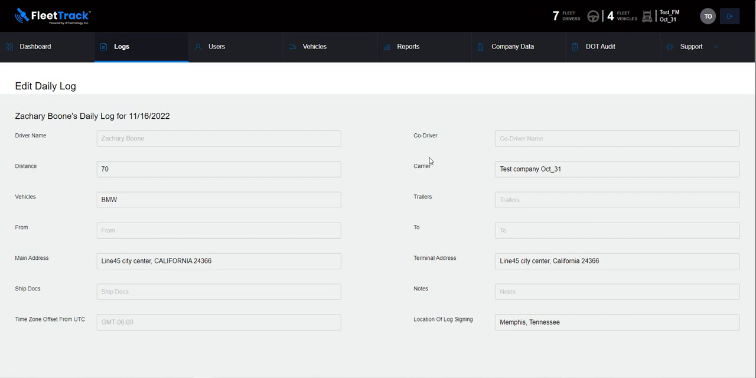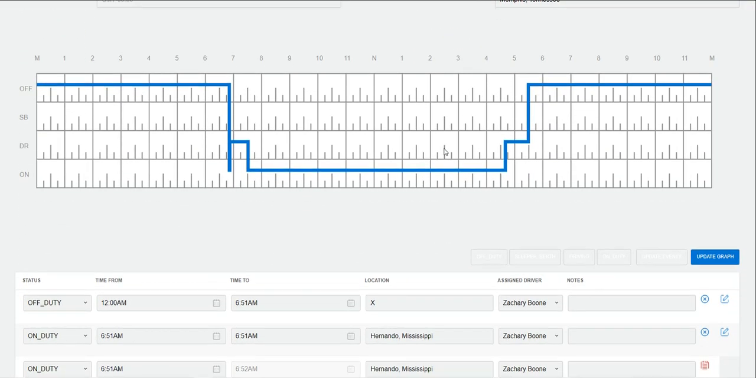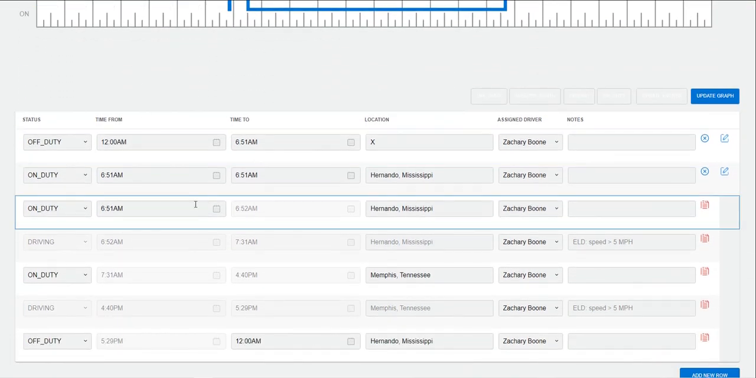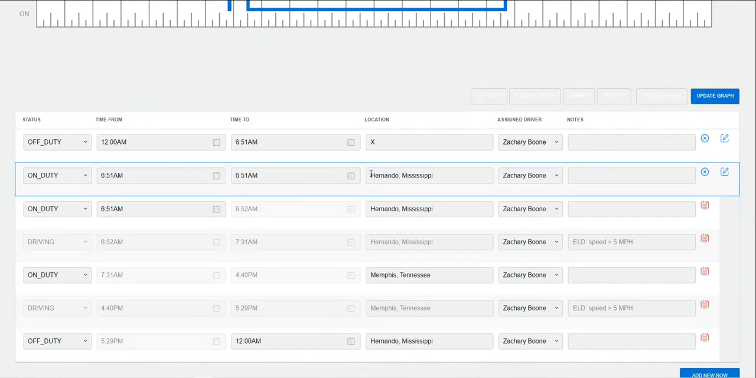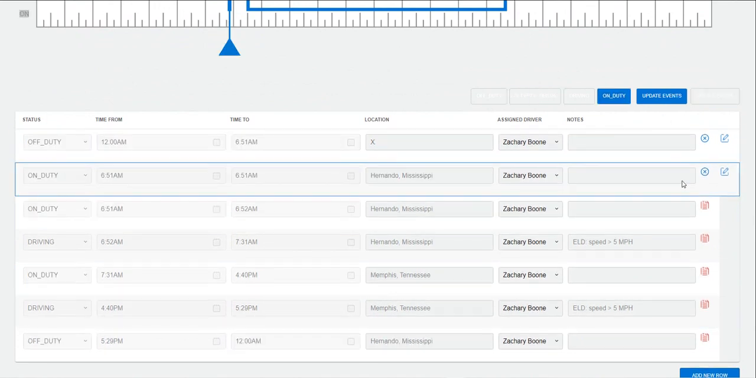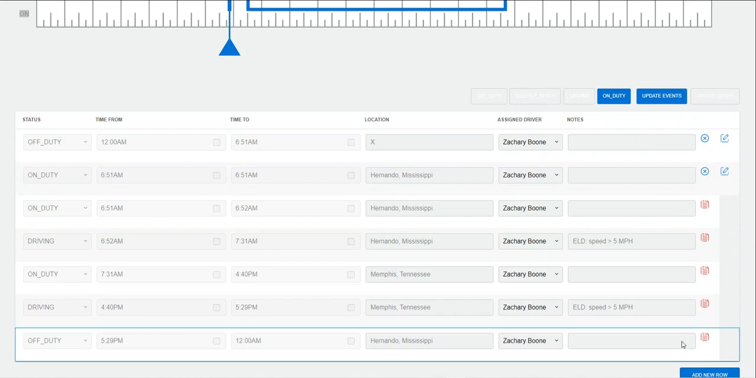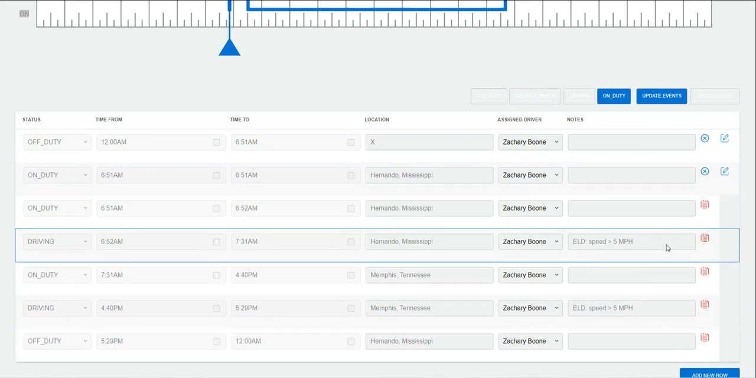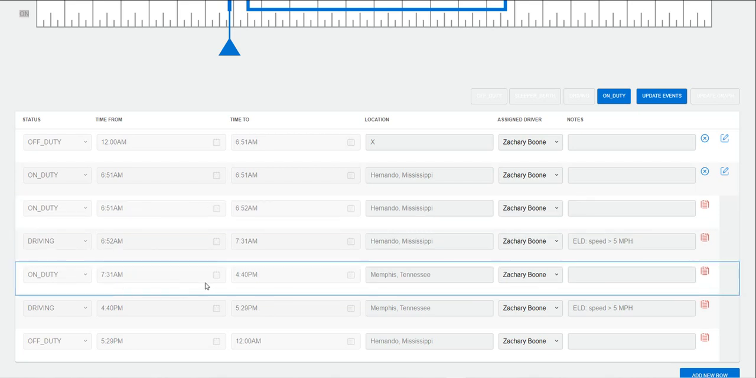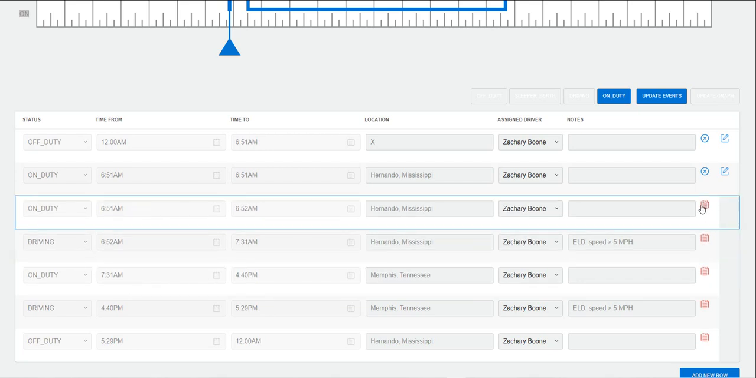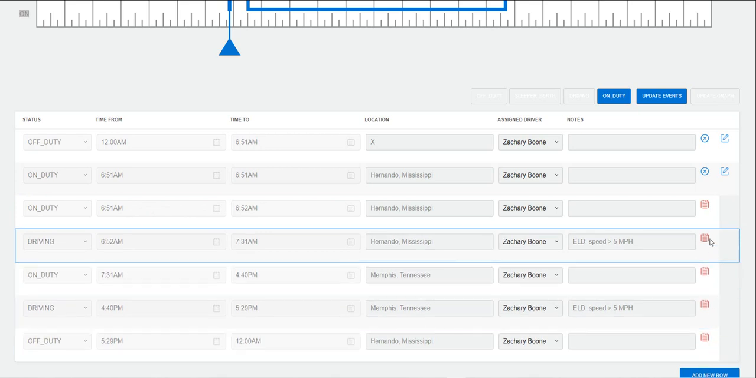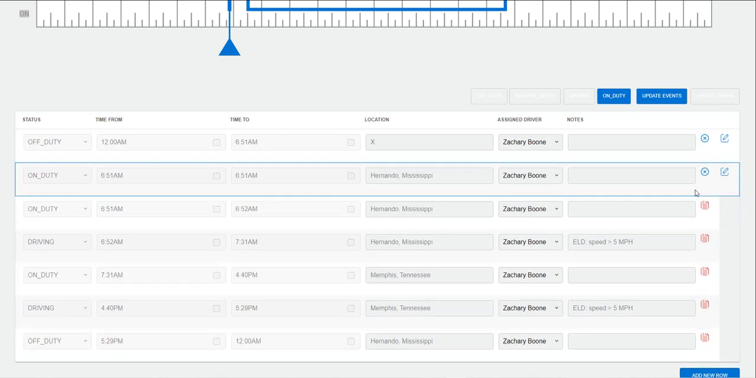So now we will be presented with the log, it's a certified log, and again I'm presented with all of the individual events. Note that I do not have access to all of the events. Any event that is created by an automatic transition, such as driving, or any event that surrounds the driving events or these automatic events, cannot be edited. That is indicated by these red icons here. To edit an event, we select our pencil,